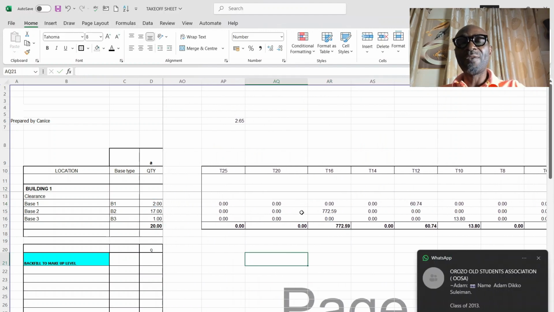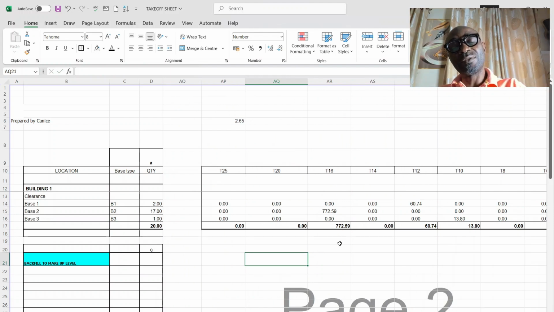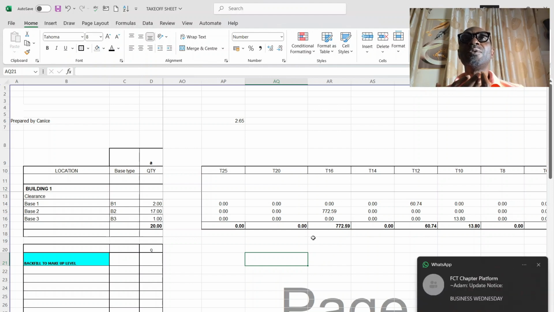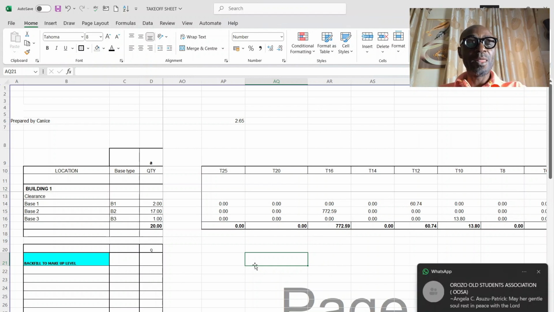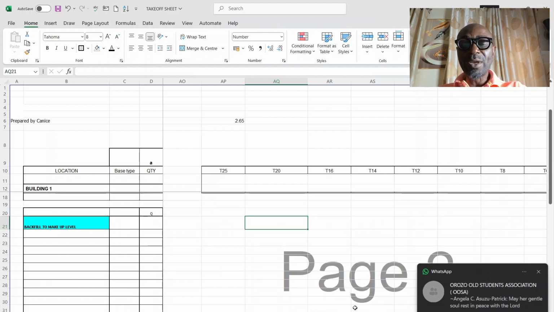So now, if I have a bill of quantity that has 16 bar, I'm going to put 772 kg in the 16 bar area, and likewise for 12 mm, 60 kg, and 10 mm, this. And why this is important, it helps you to know what quantum of 10 mm you need to buy. You don't need to go and start calculating again. At least you know what 10 mm is. Then you add whatever waste you need to add, you convert it to pieces, and you know what to buy. So having done this, we quickly go to